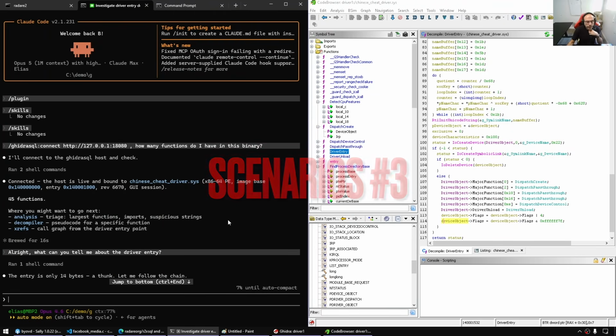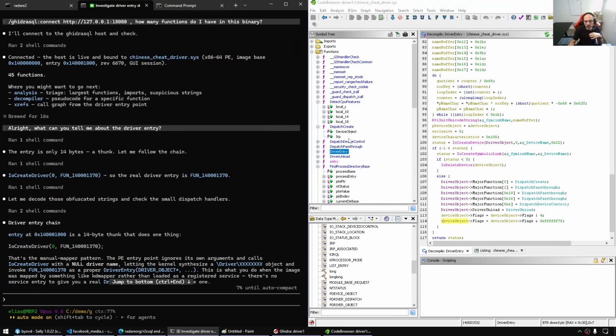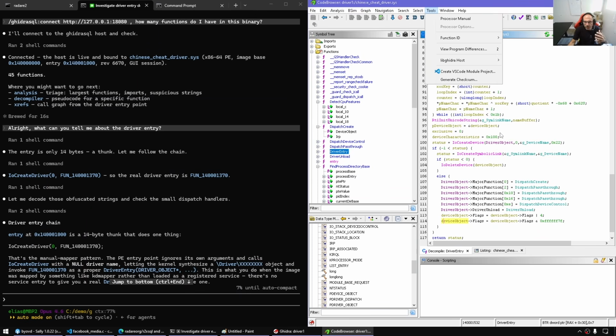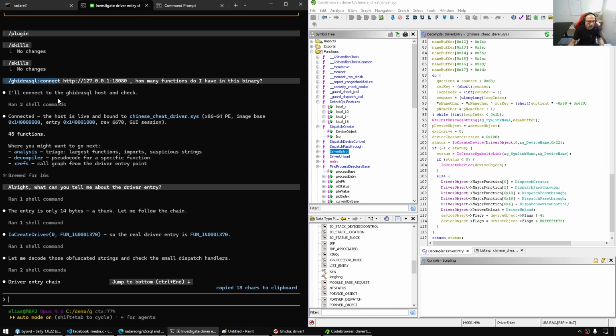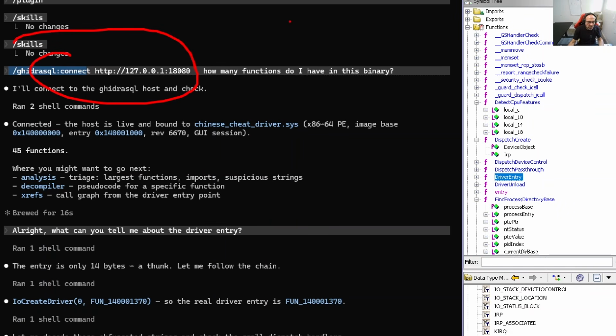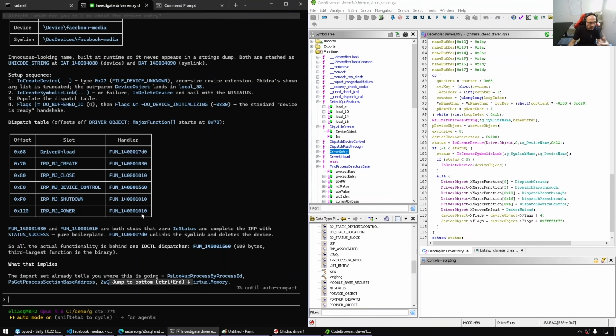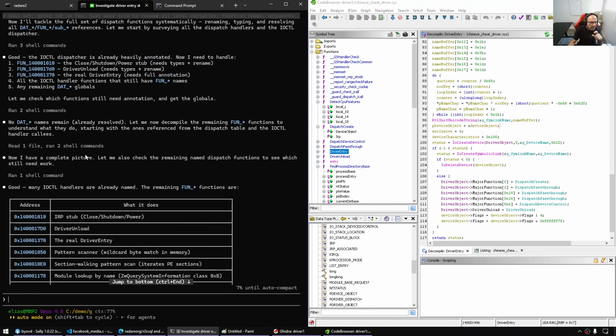All right, so back to it. A quick recap. We started with pair reverse engineering. Because it's pair, I am not doing headless, so I have to manually start the libghidra host, and then now I can say connect. So here I can connect to a specific Ghidra user interface, and once I got success, I say okay, this is what I'm looking at. It detected the driver name. Then I started talking to it. It detected some things, and then I gave it a goal,